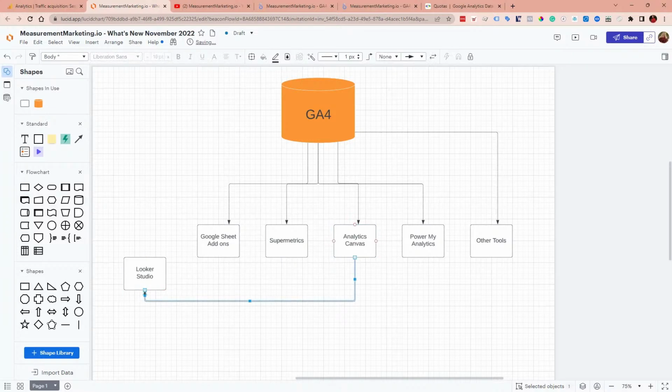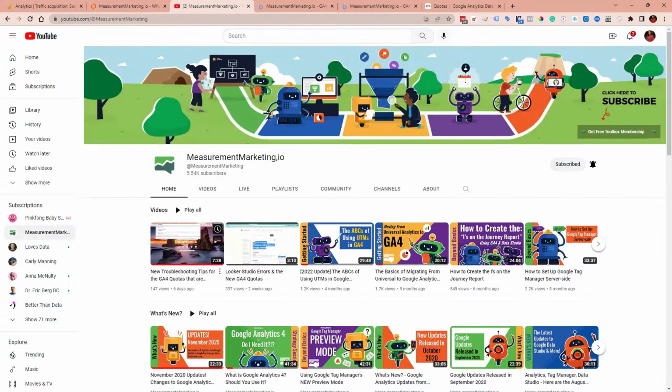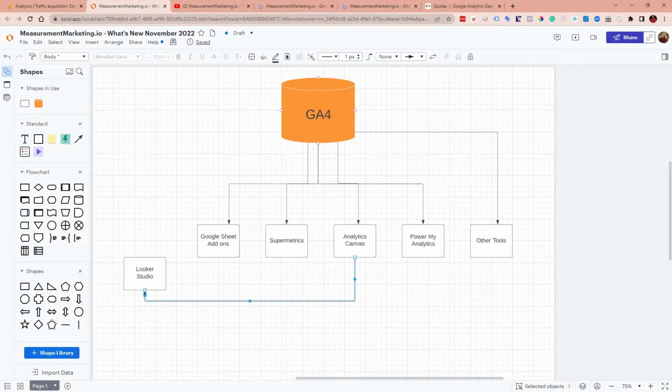So there we go. We would have Analytics Canvas go to Looker Studio, or whatever tool you would want to use. Technically, there's a spreadsheet tool called Mixed Analytics that would also be another great option. And again, the videos here list out all the different options and all the other tips. I just want to let you know that this quota thing is an issue, and there are some ways around it without going into other platforms. Like we said, stay inside Google Analytics 4 if you are able to, and if you're not, then look at all of these other options to see what's going to be best for you and